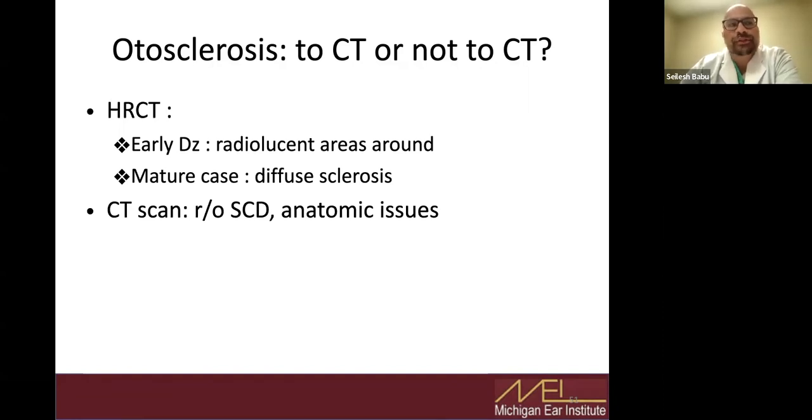And probably that's the reason why we would do it, is to rule out superior canal dehiscence. I typically do not get CT scans myself. I base it on the conductive hearing loss, the tuning fork, the audiogram, and acoustic reflexes. And if those all point to otosclerosis, I do not get an image. If there's anything unusual, such as dizziness, sound-induced symptoms, acoustic reflexes that are now normal, then I would get a CT